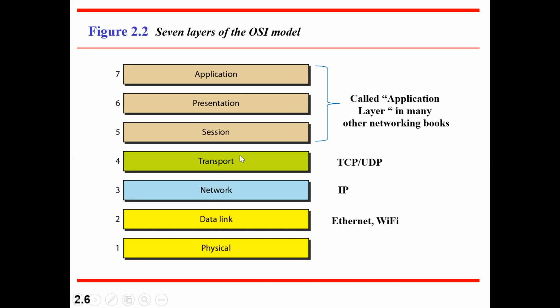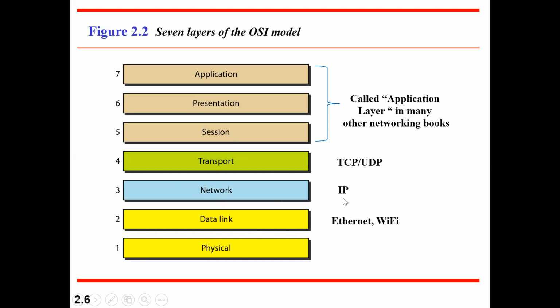Next is session. Session will open a particular door for entry and exit point. That's it, nothing else. Then transport, it is a carrier. As I told you, with respect to your bus, train, aeroplane, in a similar manner, here two types exist, connection oriented and connectionless. So with respect to that, you need to know the transport layer. Mainly, we will be concentrating on TCP. TCP is for connection oriented, UDP is for connectionless. Wired, wireless, in both cases it is possible.